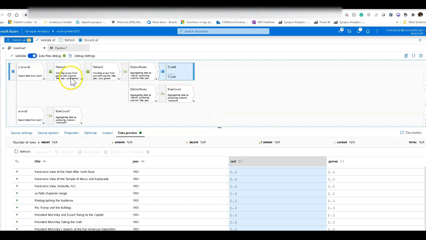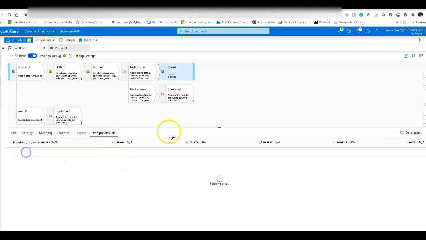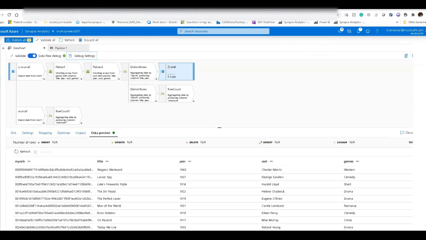When you're doing this kind of preview, even when you go all the way over to the sink and perform a data preview there, you're not actually writing any data. In fact, we're sampling data based on those debug settings I had here, where the number of rows coming into each source. I can also use a sample file if I just want to test with some sample data. But when I look at the sink, I'm just looking at what the data is going to look like when it gets written. This is still just a snapshot of data in memory. Notice I've created a hash for every column within each row so I can look for duplicate rows in my data. Alright, so that's all from debug mode. This is your first level of testing within data flows in Data Factory. This is all the same, nothing has changed here.